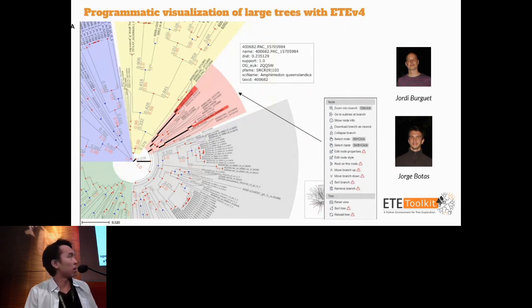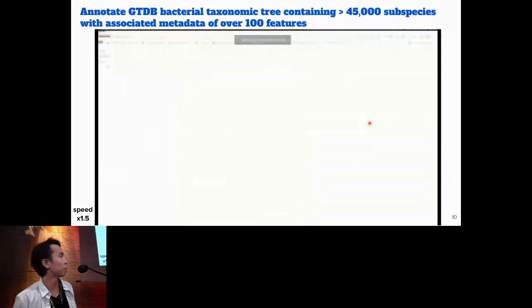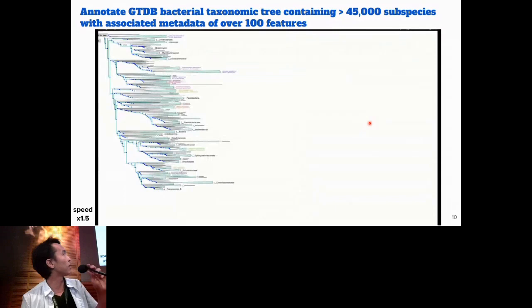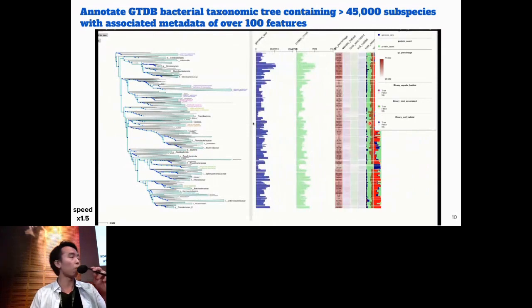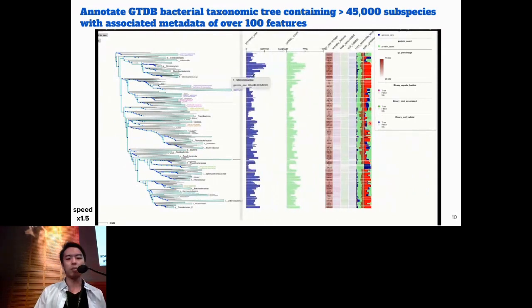This video is accelerated at a speed of 1.5 because I don't want to exaggerate the performance, but I have a limited time. So here we see one command line. Here the tree is visualized with colors that mean the rank classifications, and all the metadata